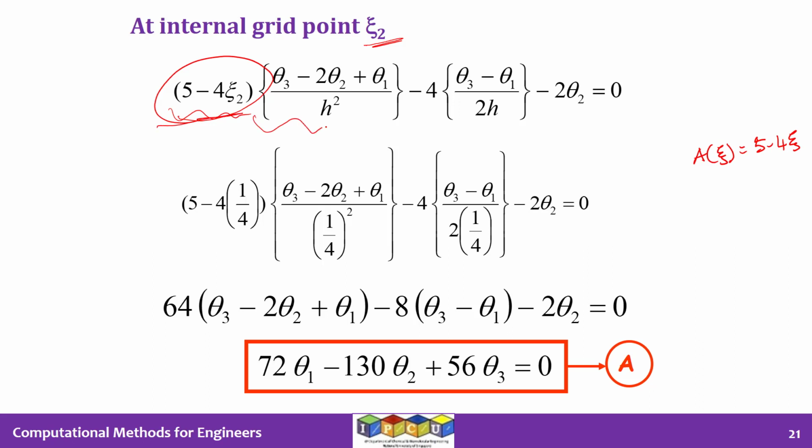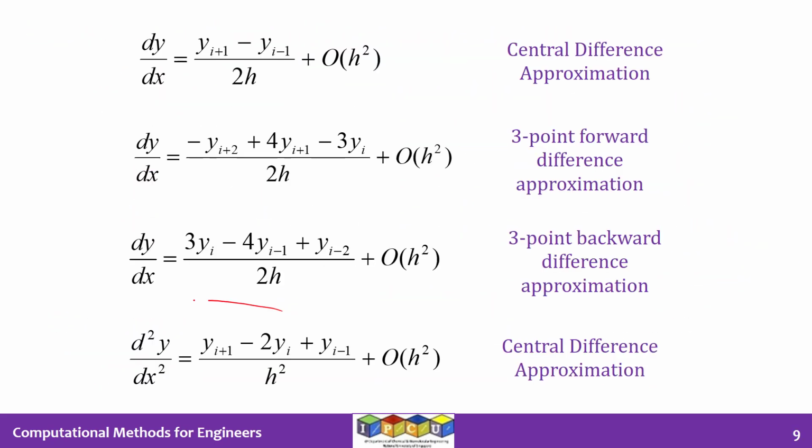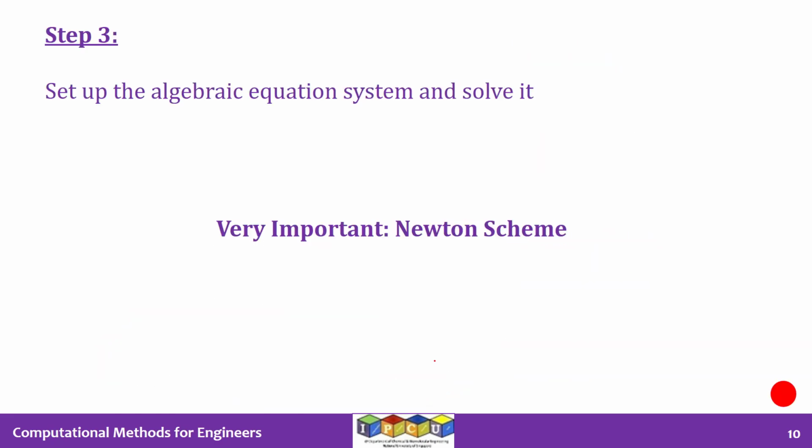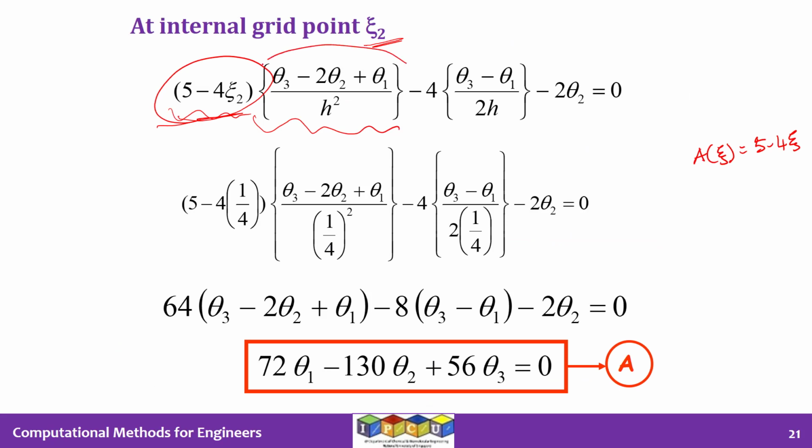Now this is the replacement for the second derivative. We are using central difference approximation, as you can see. So basically we are using this like we did in problem 1. And this finite difference approximation, which is the central difference approximation, has truncation error of the order of h squared. That must be remembered. So the second derivative is replaced by a central difference approximation, which has a truncation error of the order of h squared.